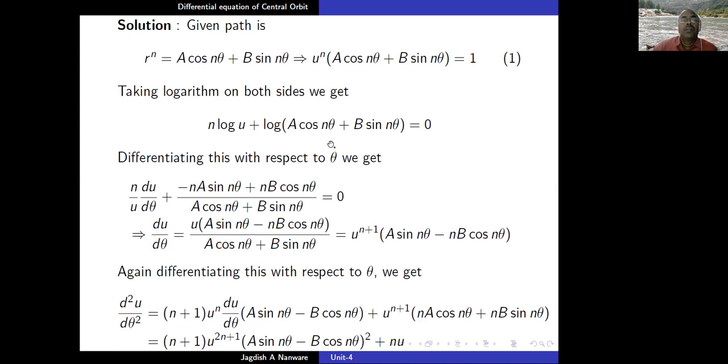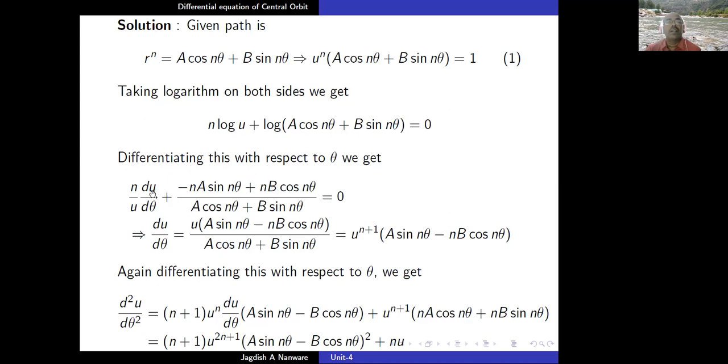So I have written 1 upon this quantity and take the derivative of this bracket. So the derivative of a cos n theta is minus a sin n theta. Again, take the derivative of the angle n theta, which is n, and therefore we get the first term as this. For the second term, the derivative of b sin n theta is b cos n theta, and write the derivative of n theta, that is n, and therefore we have the numerator as this.